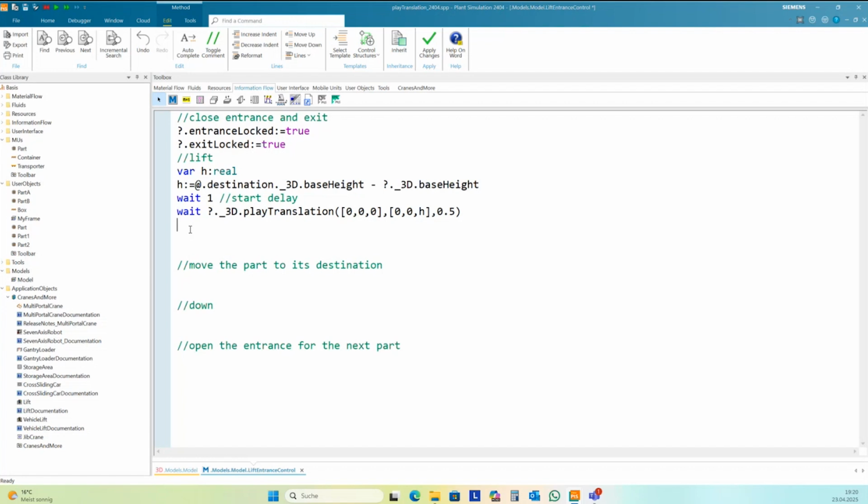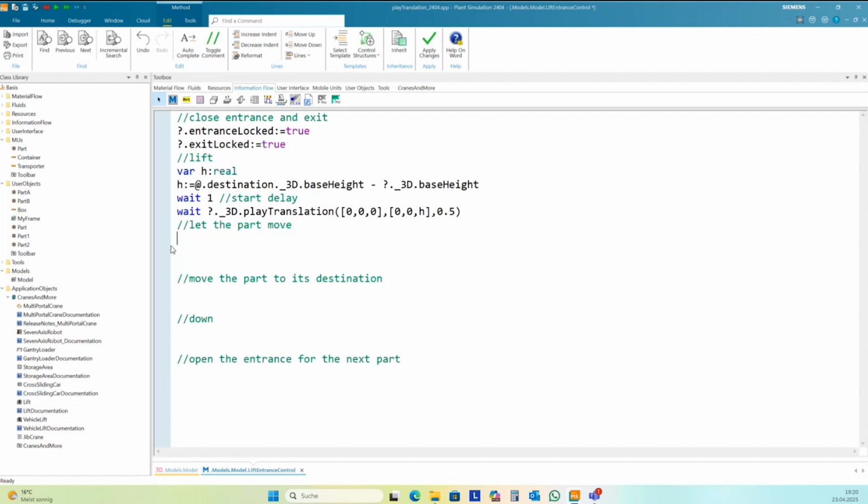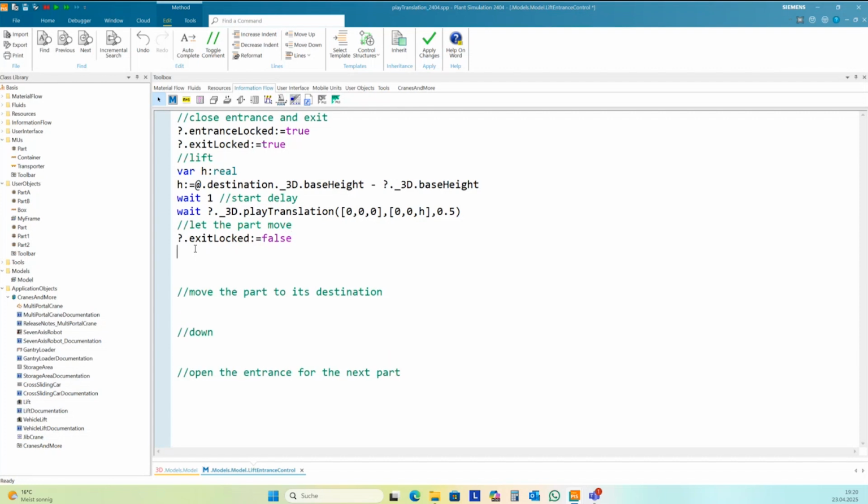Then we are on the top position and we let the part go. So, and therefore we need to unlock the exit. And move the part to its destination.